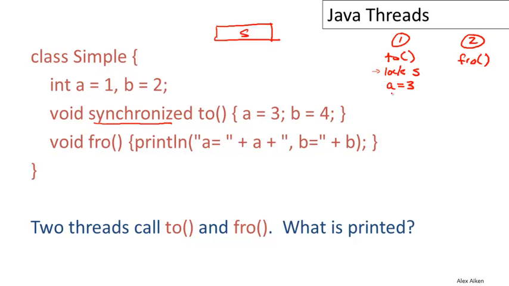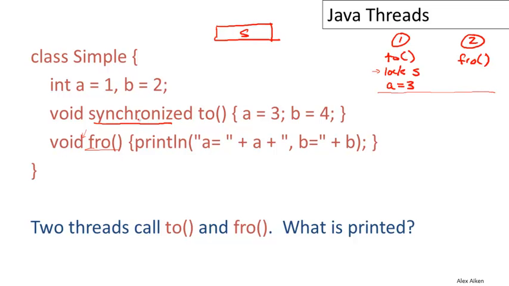And now, though, we could have an interruption and thread 2 could get to run. And notice here that thread 2 doesn't check the lock. It goes ahead and executes this code over here in the fro method, but that's not synchronized. There's no synchronized keyword there. And so just the fact that somebody else holds the lock on the simple object doesn't prevent another method from